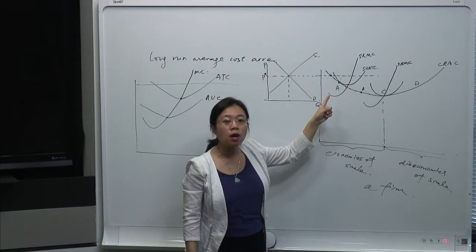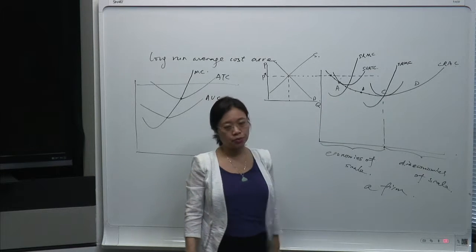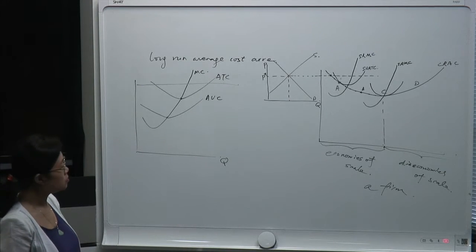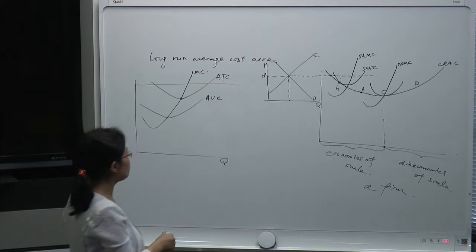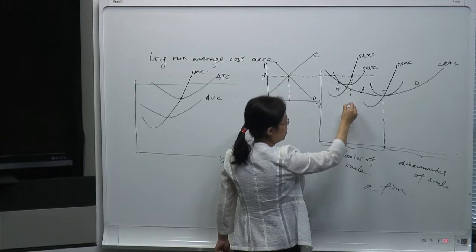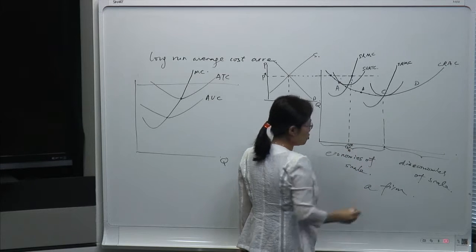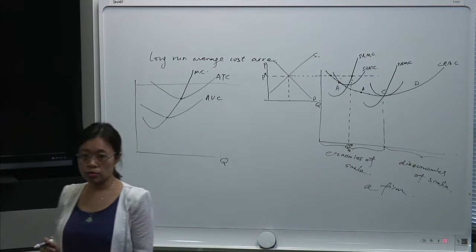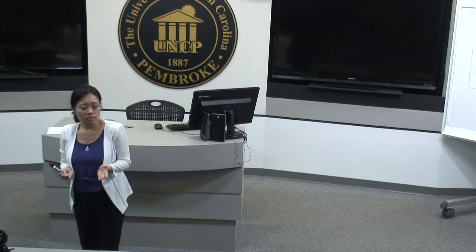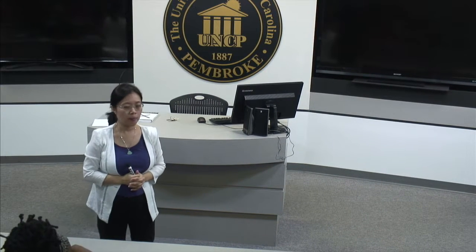Can anyone tell me where the optimal output is that the firm has to choose in order to maximize profit at that scale? Right there, where the price and the short-run MC meet. Very good. That's the point. Now we draw it down and call it QA star. This is the optimal output the firm has to choose to maximize profit. So we already discussed that if the firm chose that, the firm is maximizing profit at scale A.